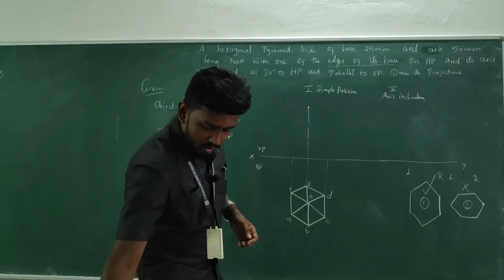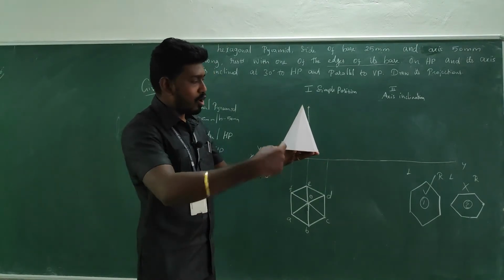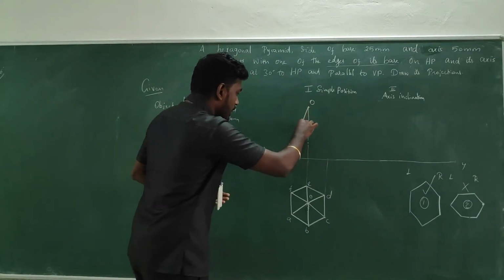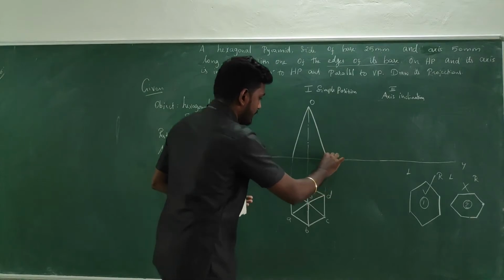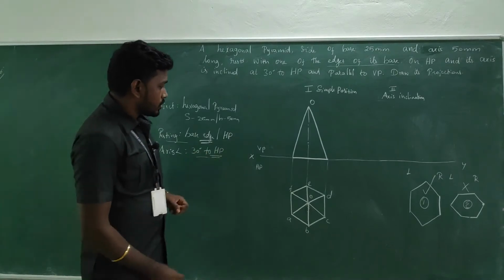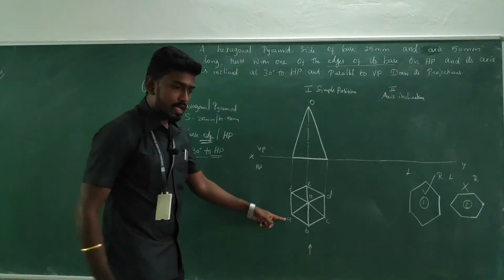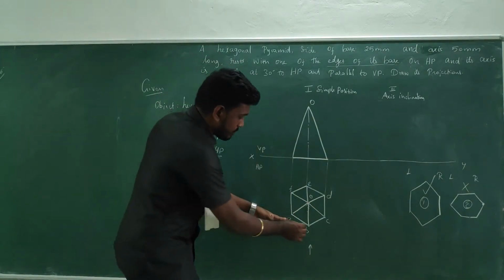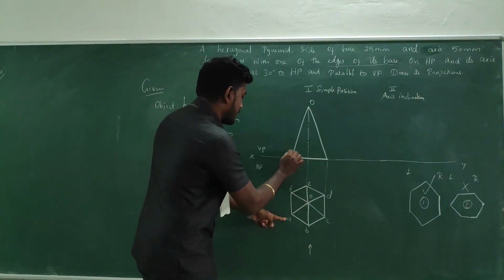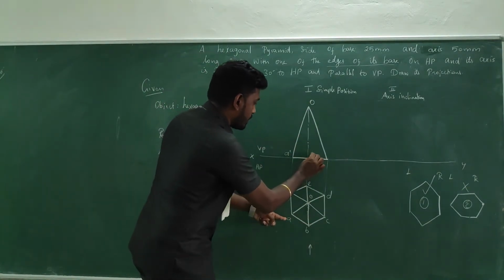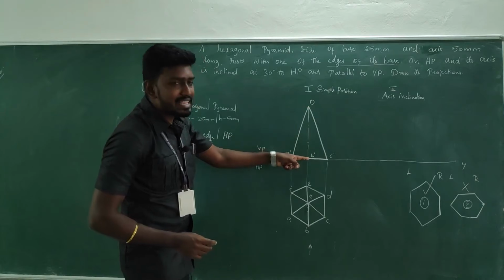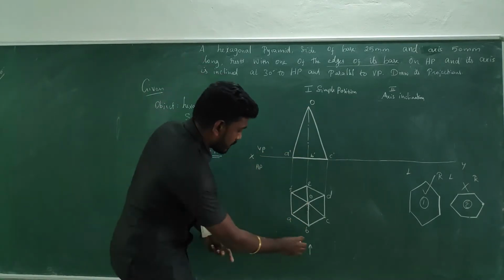Okay. So now when you are looking at the object from the front, always the boundary will be a visible one. So without any confusion, this is O. You just connect with the base ends and form the boundary like this. Okay. So when you are looking from the front, A to O is visible, B to O is visible, C to O is visible, A dash to O is visible, B dash to O is visible and C dash to O is visible. O to B is a visible edge from the front.